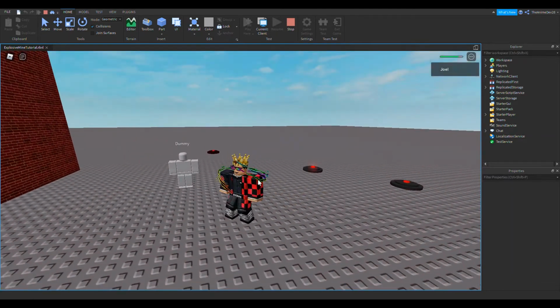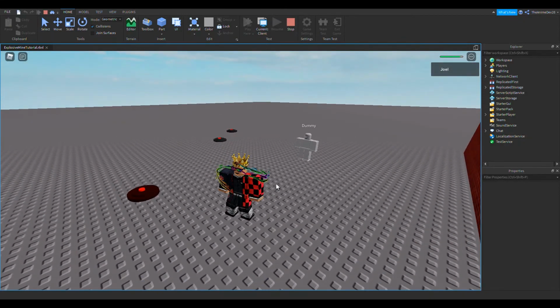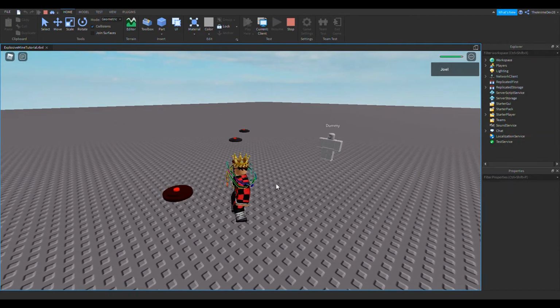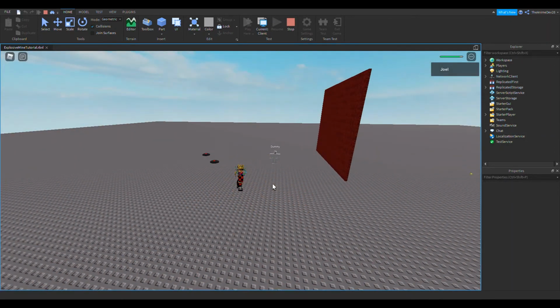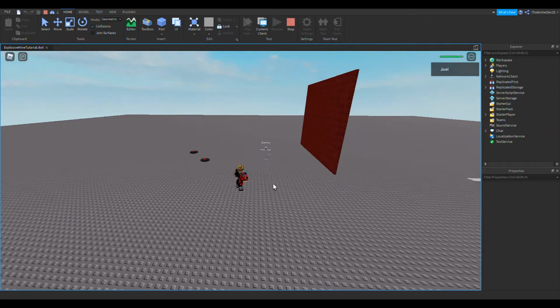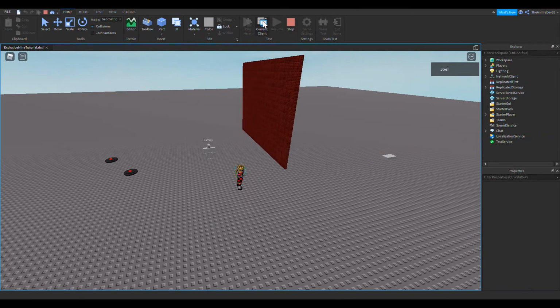I made my own little explosion effect, nothing too special, just quickly came up with it. And I even made it so you could, like this red mine for example, it's like a mega mine, so it actually has a bigger explosion radius. And I made this using object-oriented programming and also used raycasting. So I'm going to be showing you how to make these mines using raycasting and also object-oriented programming.